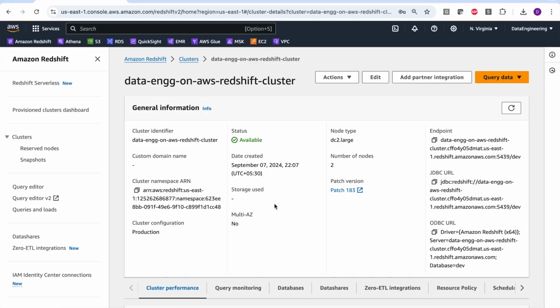Alright, this is my Redshift console, and this is the cluster that I had created earlier in section 2. I have reduced the number of nodes to 2, and the node type is the same, dc2.large. We have already seen all the other things, but now what I'll do is show you how we